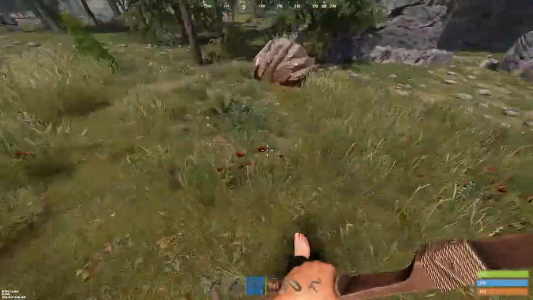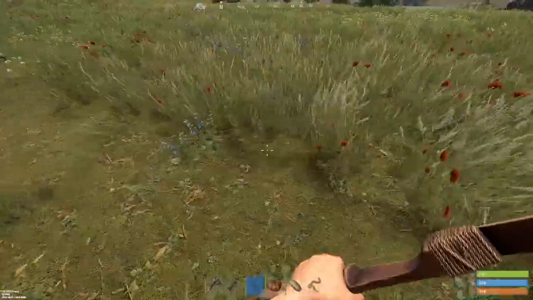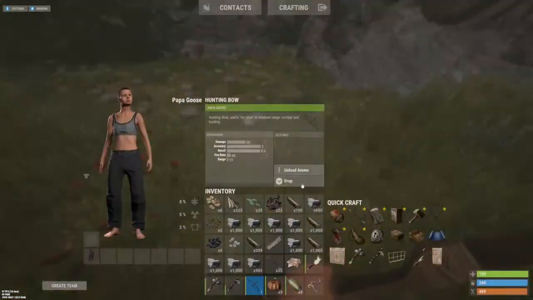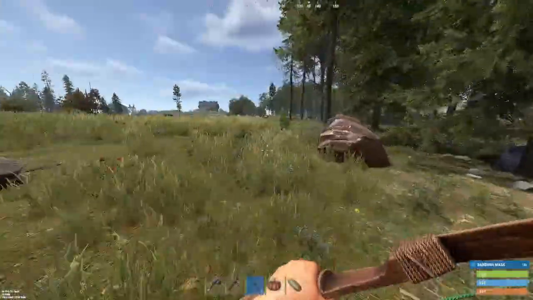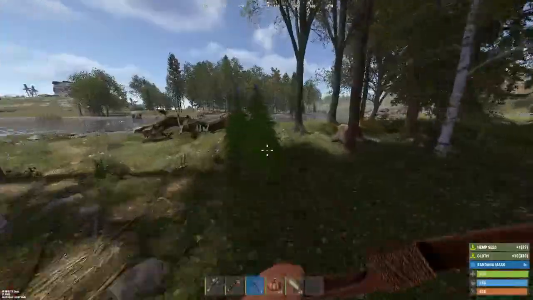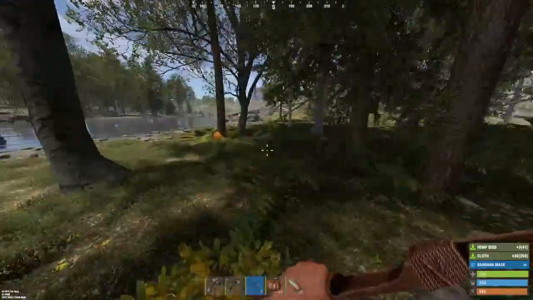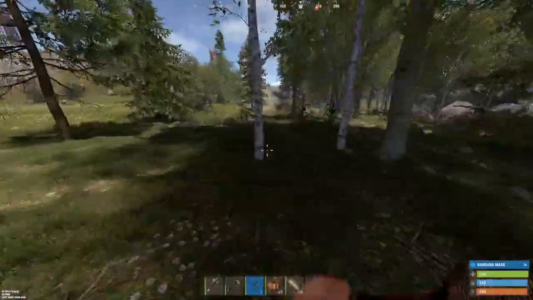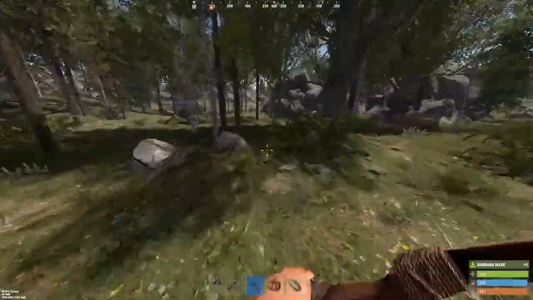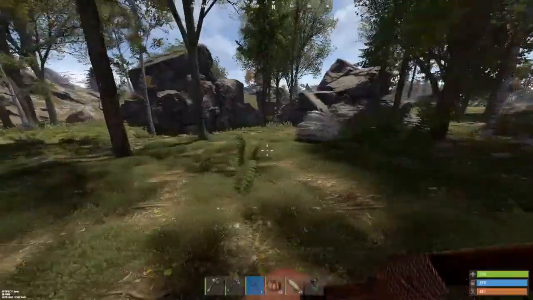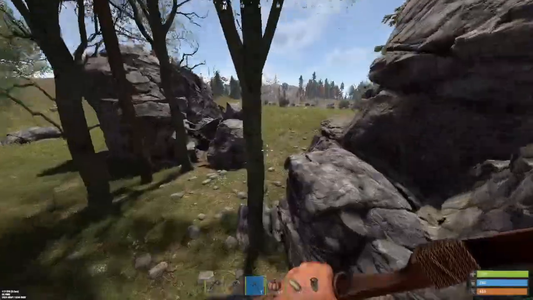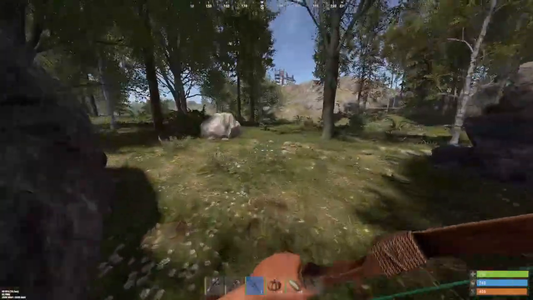Just crafted something and lost it. I heard it fall. Well, whatever, I'll make another one. I think I'll build right in here. These rocks are kind of cool. Not sure how I feel about building right inside of them like that, but